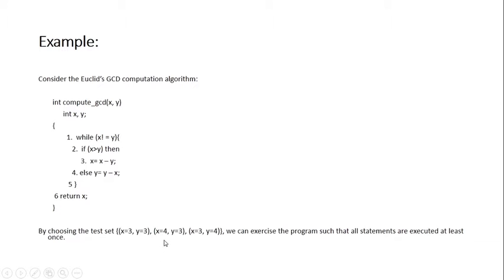While if you take x as 4 and y as 3, that means x is greater. These are not equal values, so you need to check which one is greater. So it will be calculated as x equals x minus y. The value of x will be 1. While in the third test case, x is 3 and y is 4. So in this case, y is calculated as y minus x. That means again it will be 1.